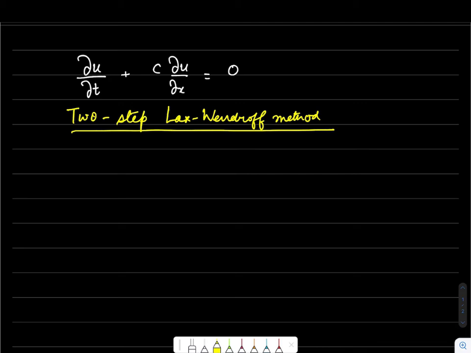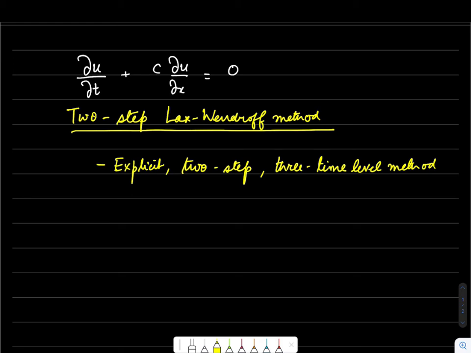And the scheme is essentially an explicit two-step and a 3-time level method. So you will see what I mean by 3-time level method very soon. So step 1 for the scheme is similar to the Lax method that we covered. So it is similar to Lax,